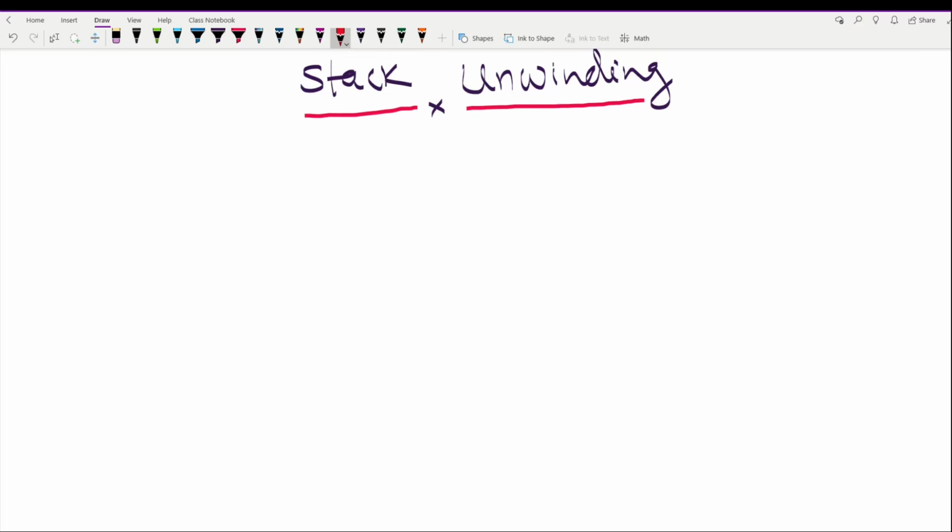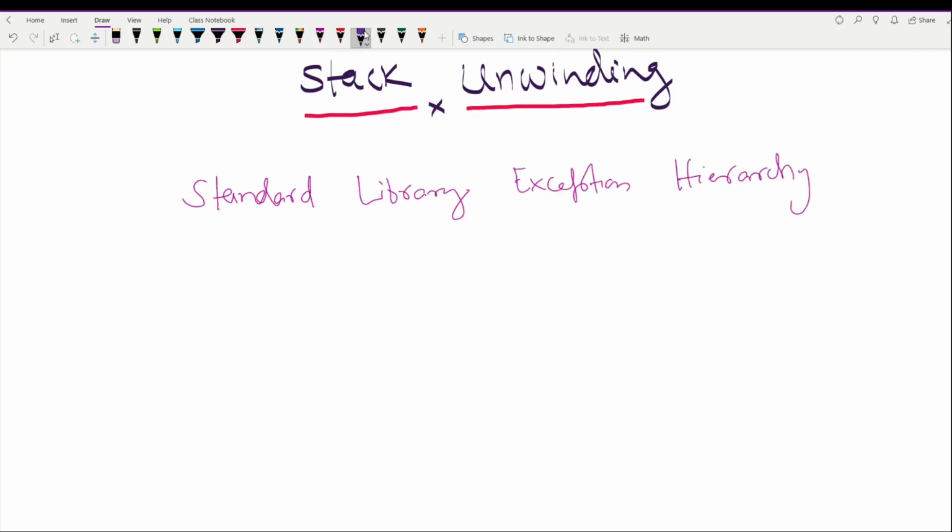I am Deepak Kunyal and in this tutorial I am going to talk about stack unwinding. It's a topic of exception handling that we were discussing in the previous tutorial. But before knowing this, we'll talk about exceptions and their hierarchy of classes. So let's begin. We'll talk about the standard library exception hierarchy. We are discussing this because using it, it's easier to understand stack unwinding.